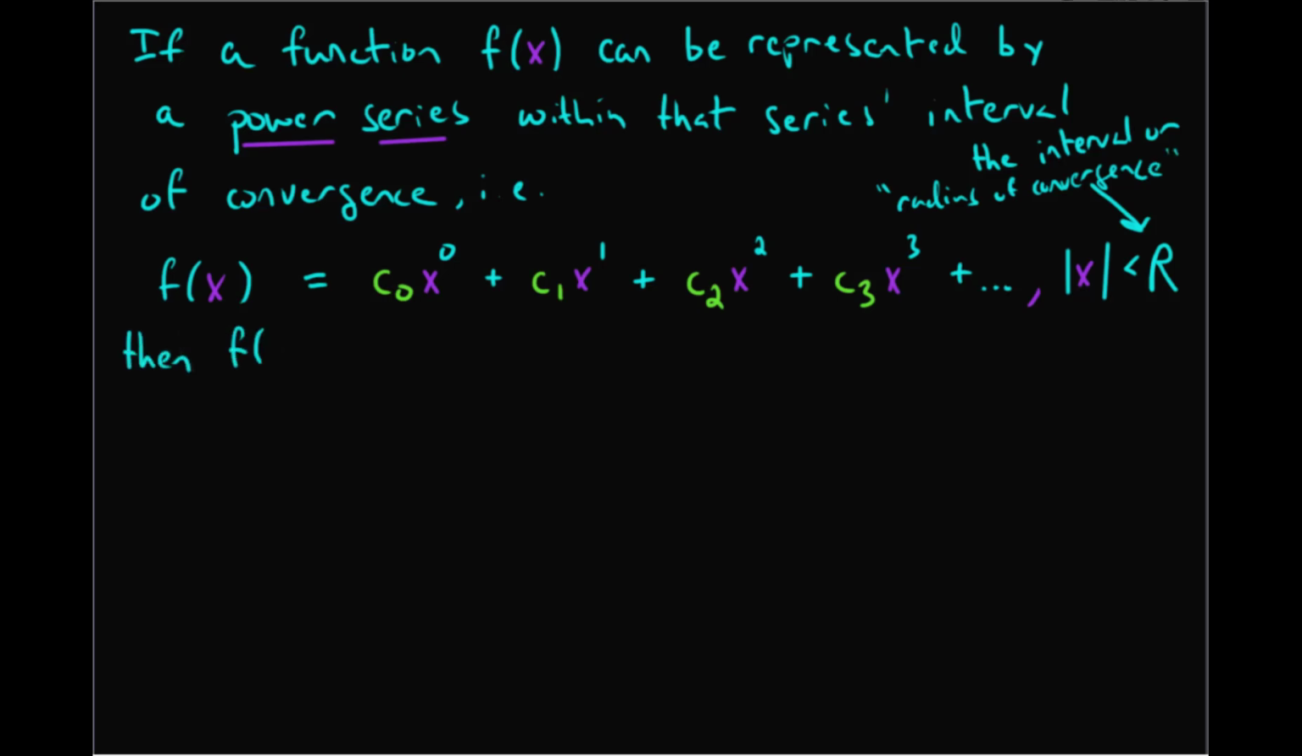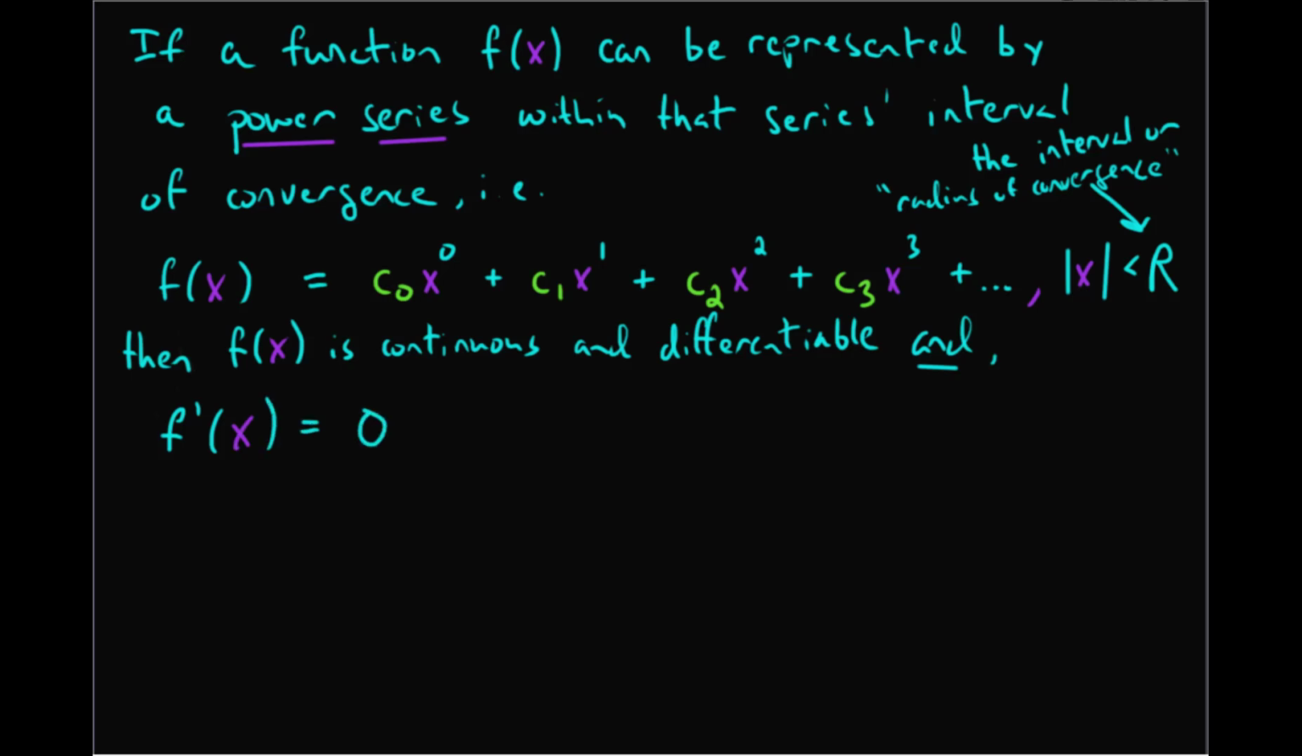Then, and here's the important result from analysis, f of x is both continuous and differentiable, and we can determine f prime of x by differentiating the power series. So f prime of x will equal, in this instance, 0 plus 1 times c sub 1 times x to the 0 plus 2 times c sub 2 times x to the first. I'm just applying the power rule to all of these terms, plus 3 times c sub 3 times x squared